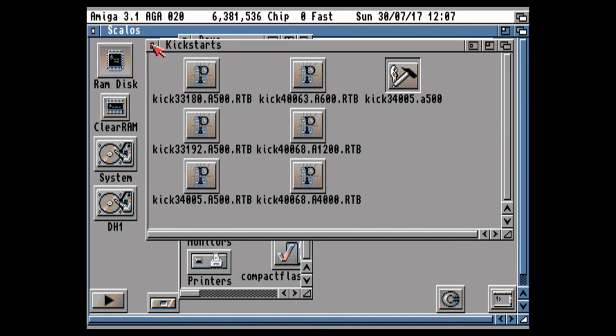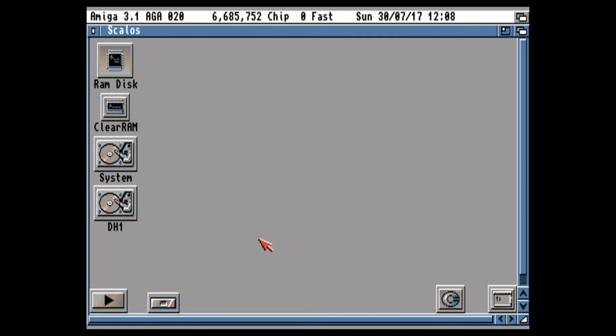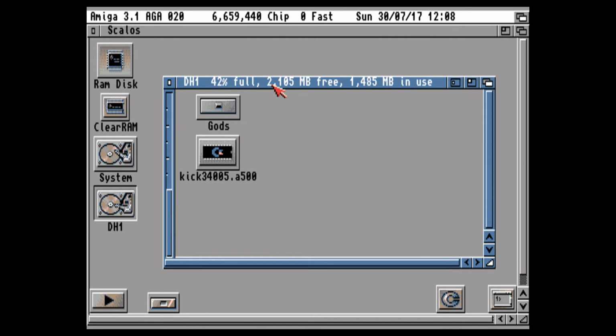If you don't do that step, and I've seen a couple of other videos where people don't do that step, if you launch an A1200 game, it'll work. If you launch a game that was designed for the Amiga 500, it will not work. So you'll get an error 22 or 24, and it'll complain about that file not being there. So at this point, if you want to, you can get rid of this since we don't need it anymore.